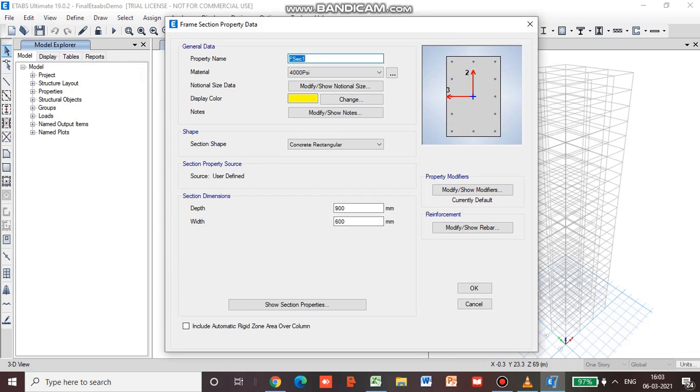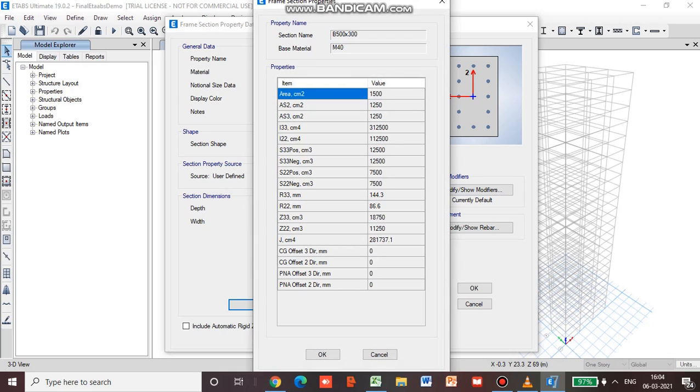So here in property, we will write B 500 by 300, where 500 denotes the total depth and 300 the width of the section. You will select M40 and the total depth is 500, width 300. Then we will go for source section properties.